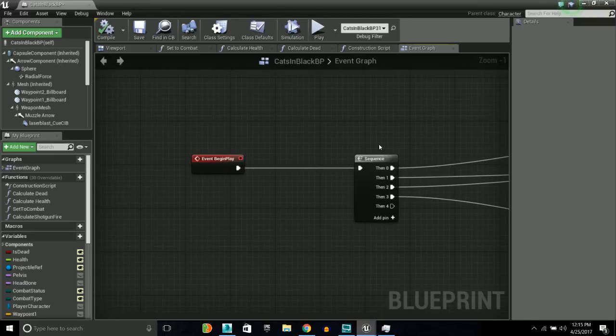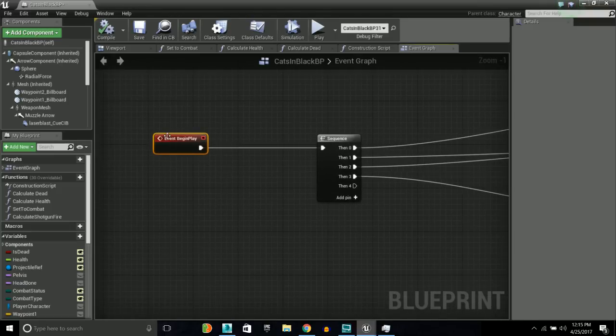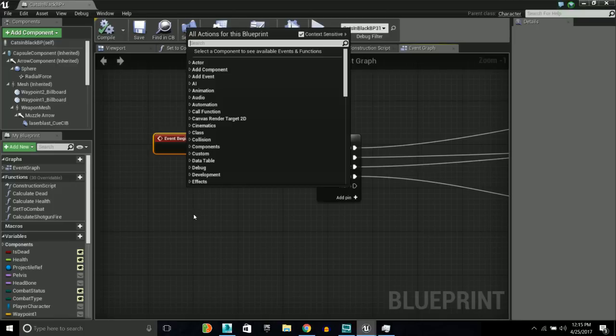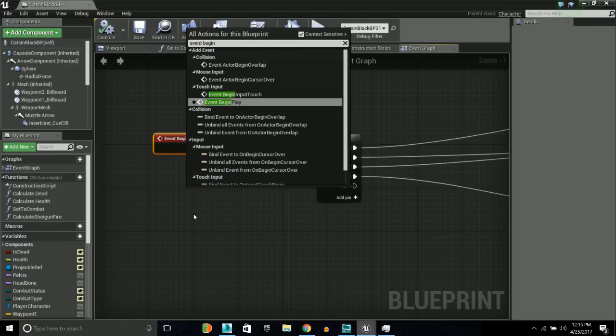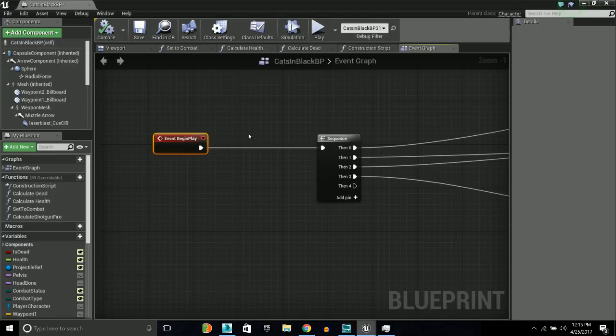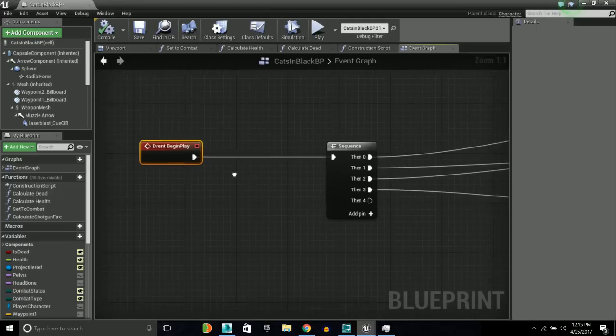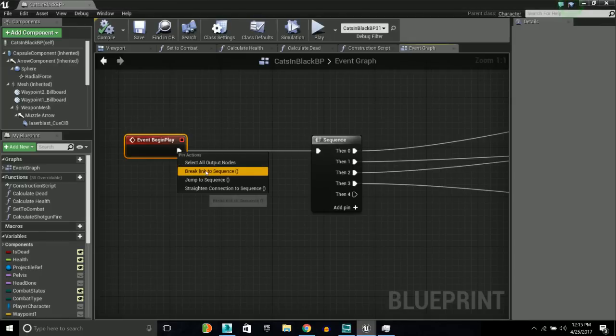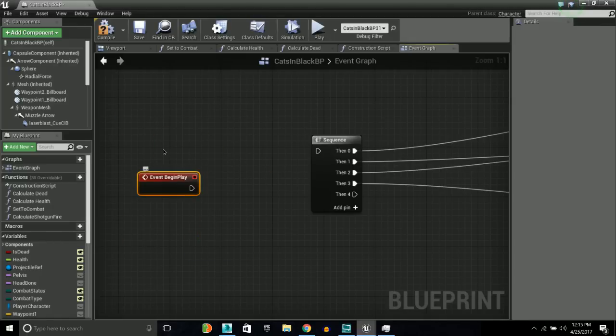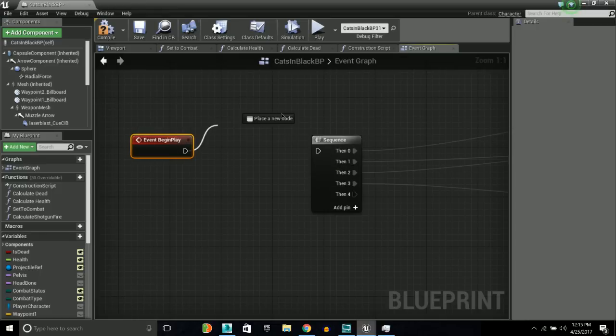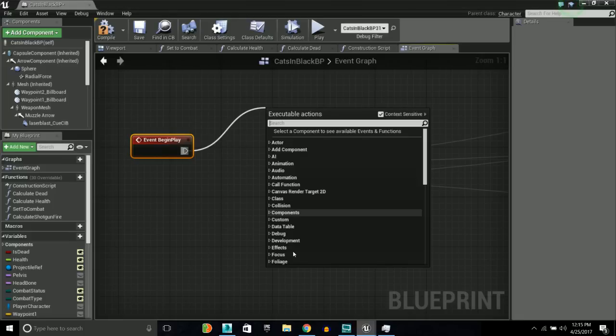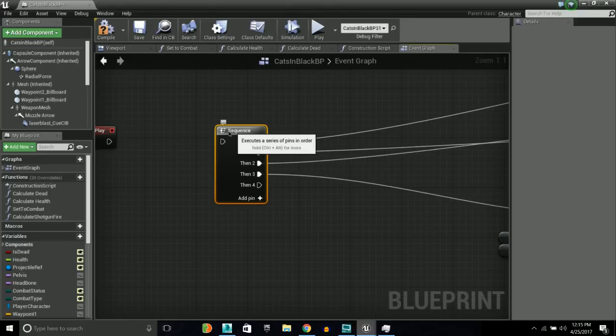And so a sequence, just to go over some basic things, you just right click on the graph, and you would type in event begin play, and there it is. And since there's already one there, it'll just zoom into the one. So this is originally broken, so you have just your event begin play node. Click and you'd hook it up, or you'd click it out and let go, and then type in your next thing. So a sequence we have